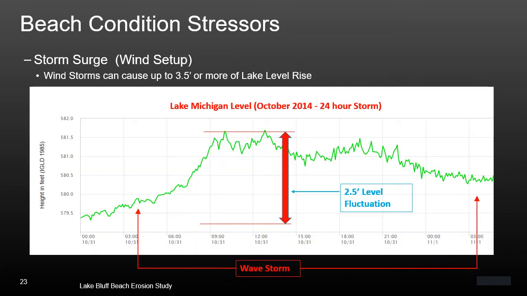Another key stressor for beach erosion is storm surge. This is a graph of a significant storm event that happened in October of 2014. It was a 24-hour windstorm. The winds were coming out of the northeast, originating up in Wisconsin, and the winds act on the water all the way down to Lake Bluff, a significant distance. The longer that distance, the greater the storm surge. So in this case, you can see that the level of the lake tilted up. Took it about 8 or 9 hours by a difference of 2.5 feet above the normal level without the wind